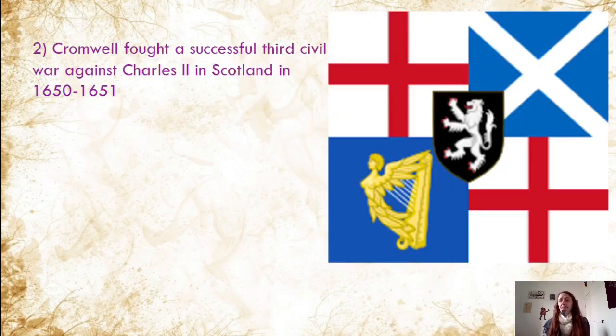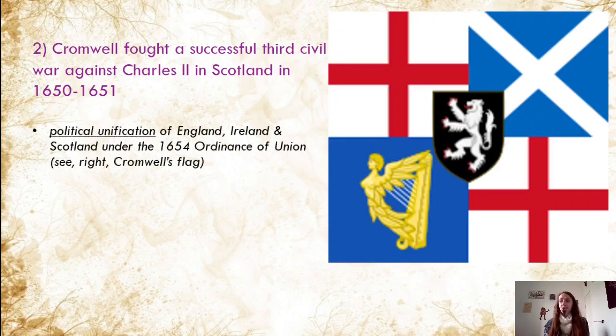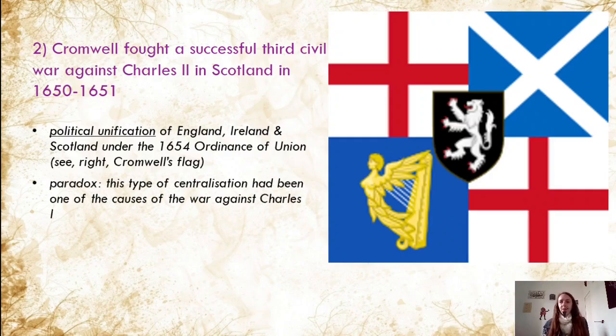Cromwell fought a successful Third Civil War against Charles II in Scotland in 1650-51, so we've got the Irish dimension to take into account, and the Scottish dimension as well, that has often been forgotten in the past by historians. The political unification of England, Ireland and Scotland under the 1654 Ordinance of Union. You can see here to the side Cromwell's flag,